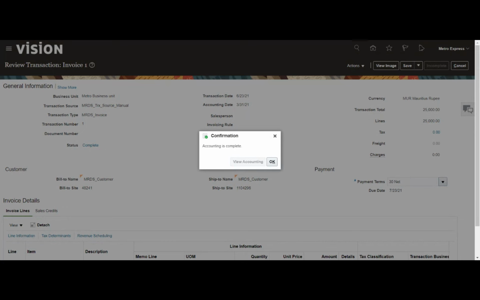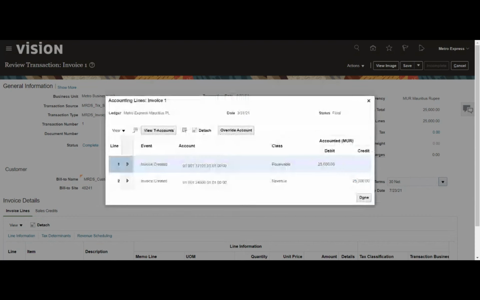Yeah. So here we can see that debit we have the receivable amount and credit we have the revenue account. Since we gave only one line, here we can see there is only one revenue. But if I have given multiple lines in the distribution, it is going to create multiple revenue lines, but the receivable only one because the customer account is only one.